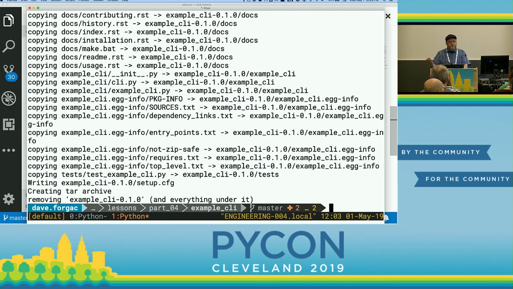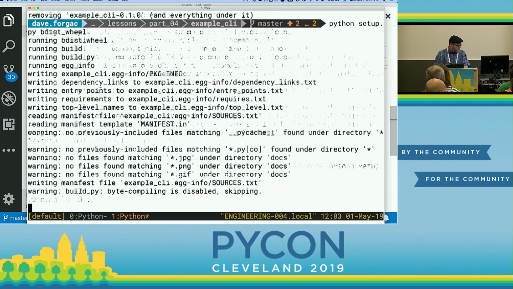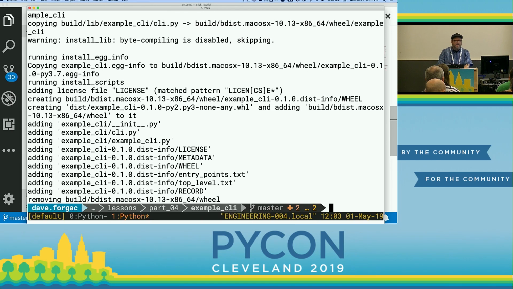And that's going to make a source distribution file, which is your Python source code. And you can also do bdist wheel, which is going to create a wheel formatted file, which is a more modern binary file for distributing your packages. So at this point, if you were going to distribute them on PyPI, you'd use a tool called Twine to